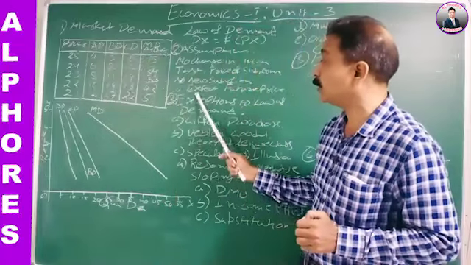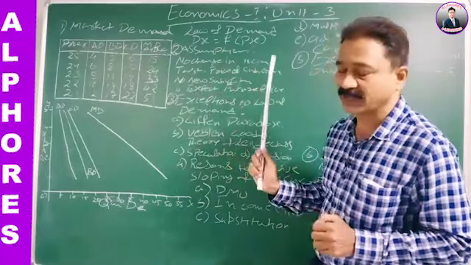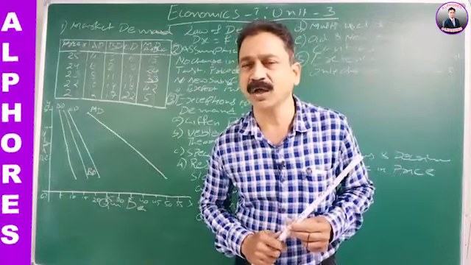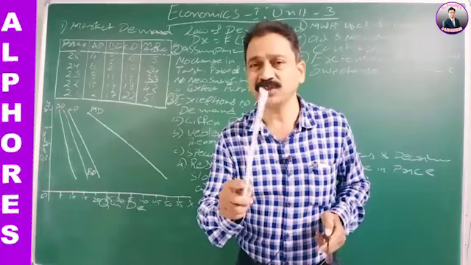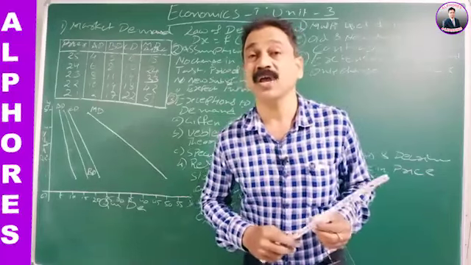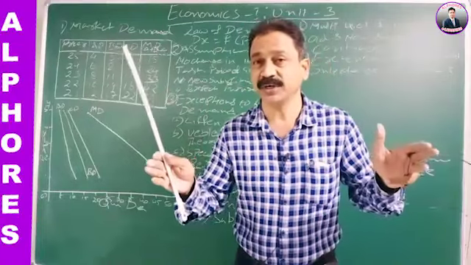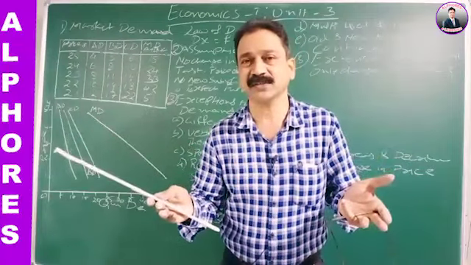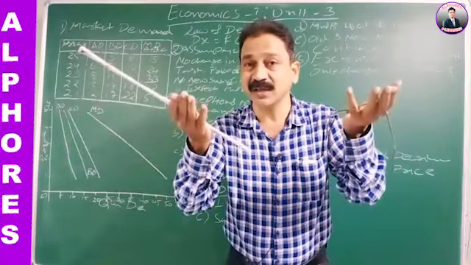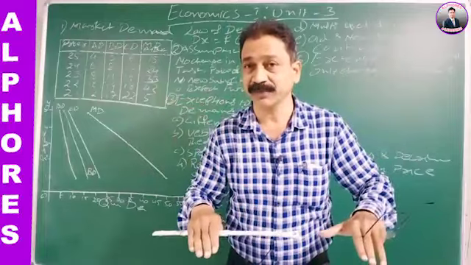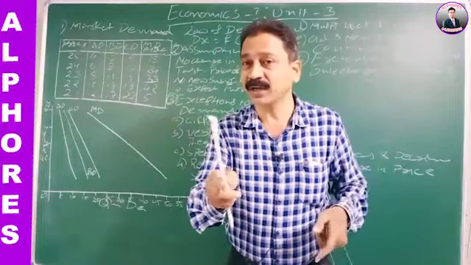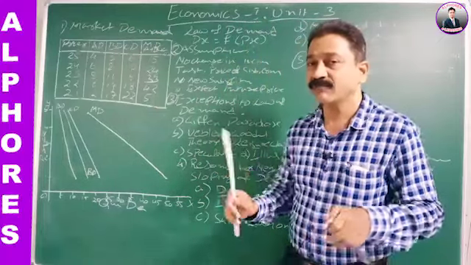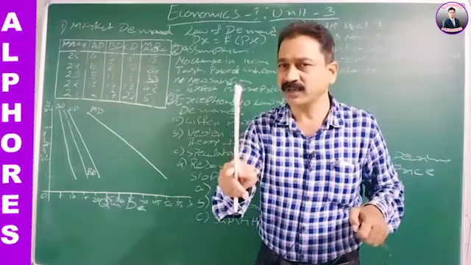Now we will see the no expectation of future prices. If you assume that all of a sudden the prices are going to fall, it happens generally in March and April. What happens? Whenever the government makes a new budget, for certain goods they give concessions in the taxes. For some commodities, tax increases. For some commodities, tax decreases. If the tax increases, automatically price is going to increase. That is an expectation of future price. If the tax decreases, then automatically prices are going to decrease.